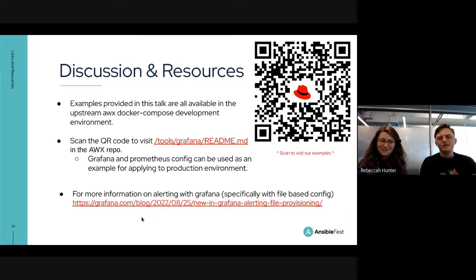So this is a way for you to spin it all up in one go and see a dashboard already provisioned, looking at metrics that are already there, and you can peek into the file-based provisioning methods we're using for Grafana. I'm not going to say you can drag and drop them into your Grafana and it will work right out of the box, because there are some variables you might want to set, like host names and data source names. But this is definitely a jump start for you.